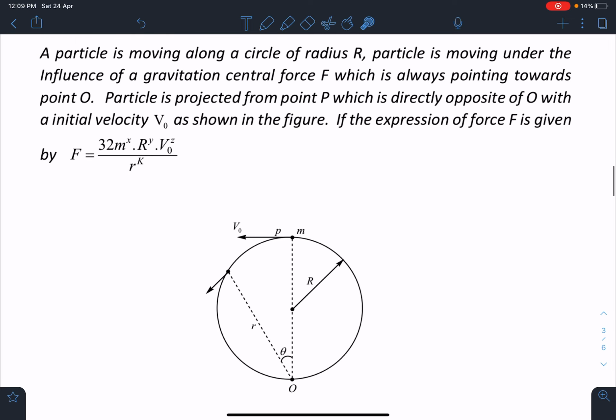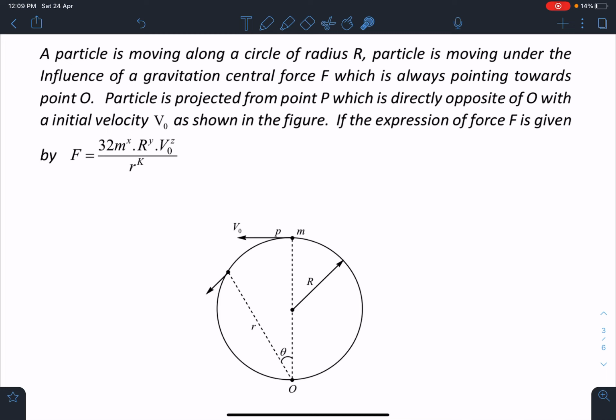So here is the statement of this problem. A particle is moving along a circle of radius r. The particle is moving under the influence of a gravitational central force F, which is always pointing towards point O. The particle is projected from point P, which is directly opposite of O, with initial velocity of v0 as shown in